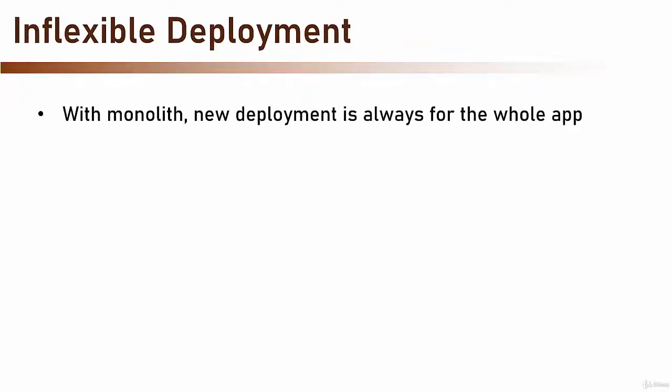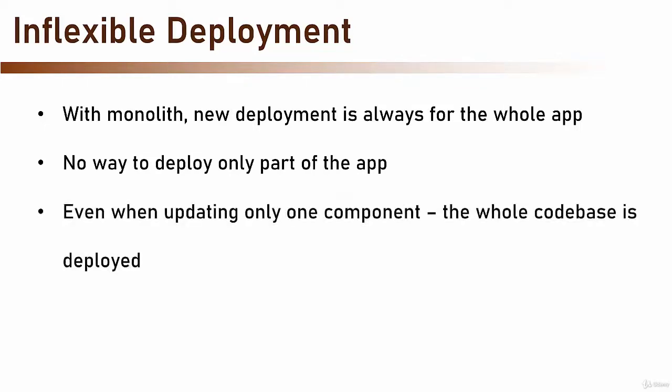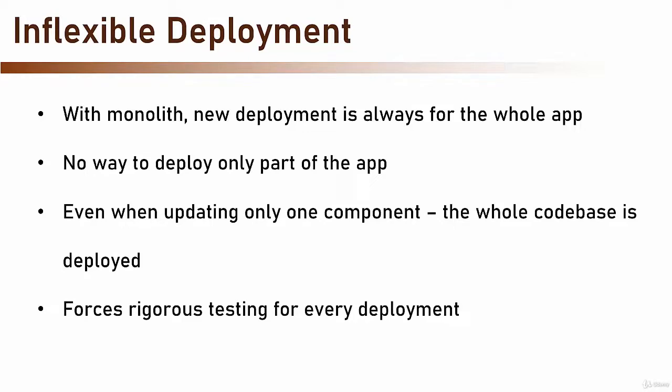And the next problem is inflexible deployment. With Monolith, when deploying the application, we always deploy the whole app. There is no way to deploy only part of the application. Now, this means that even when updating only one component, the whole codebase should be deployed. The problem with that is that it forces rigorous testing for every deployment on the whole application, and that forces